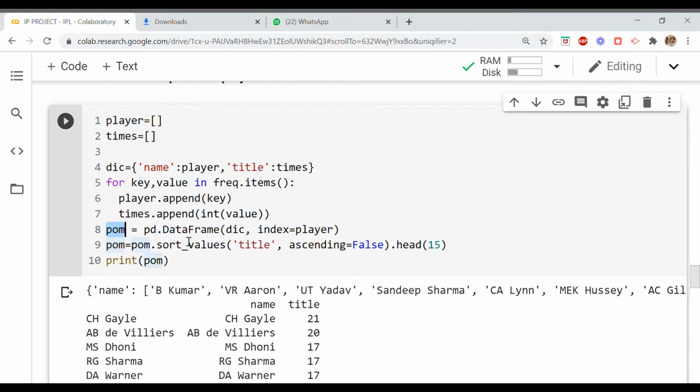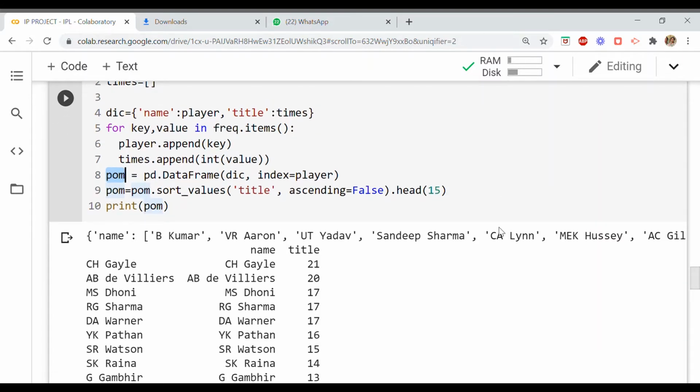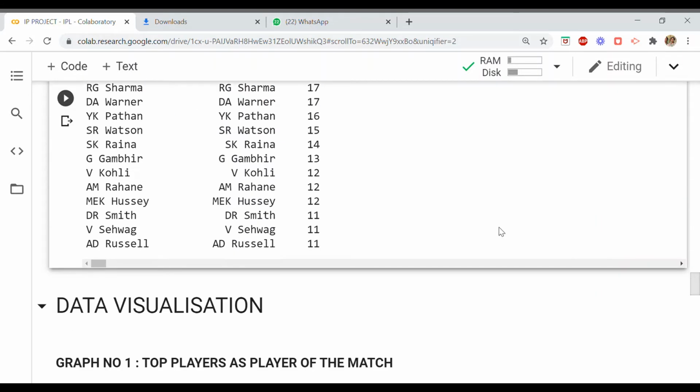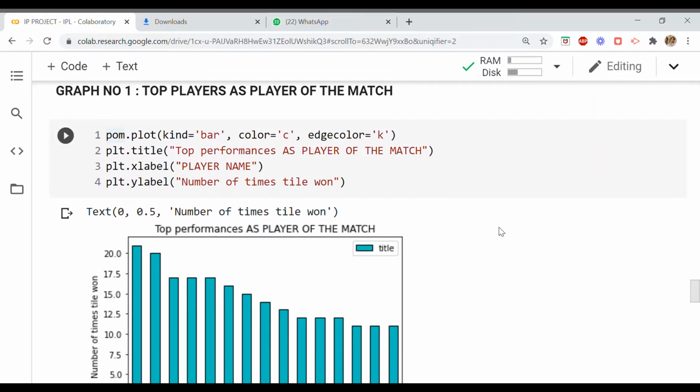The same data frame, a small portion of the complete data frame, is stored in the identifier name POM. So I'm using the same data frame name over here, and with the help of that data frame, I am simply saying pom.plot. POM is the name of my data frame.